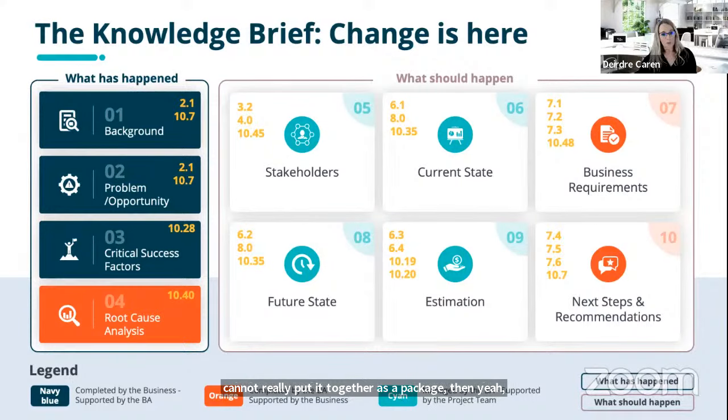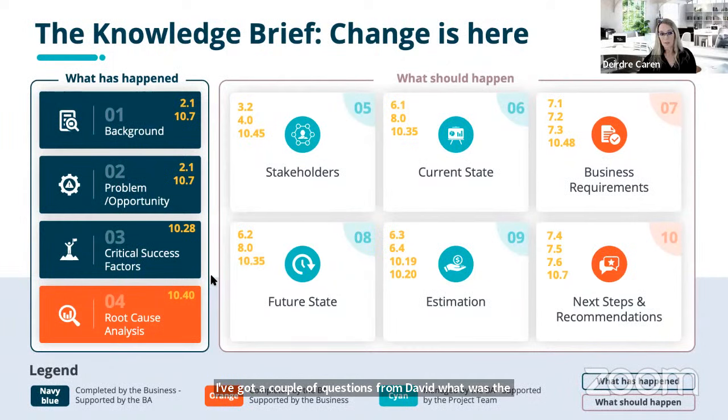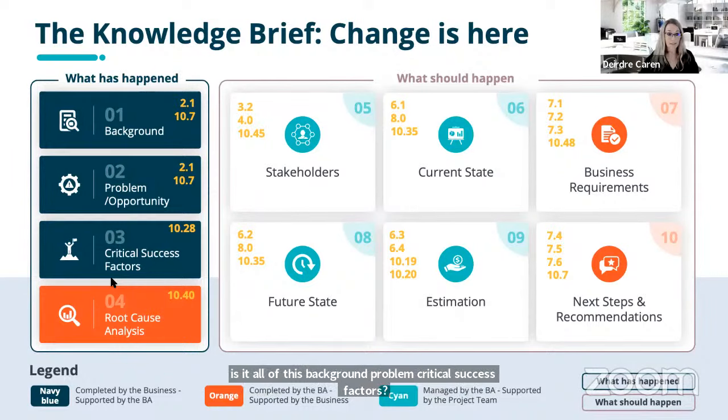I've got a couple of questions from David. What was the initial input? Background statement? All of this: background, problem, critical success factors. You do not need a lot of text. Like I said, it takes,